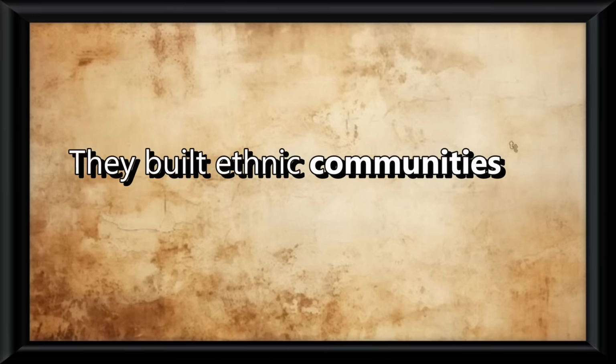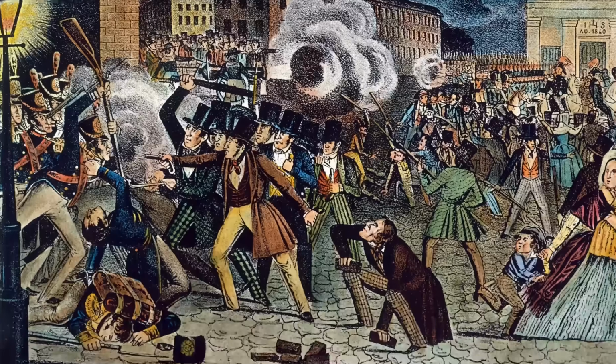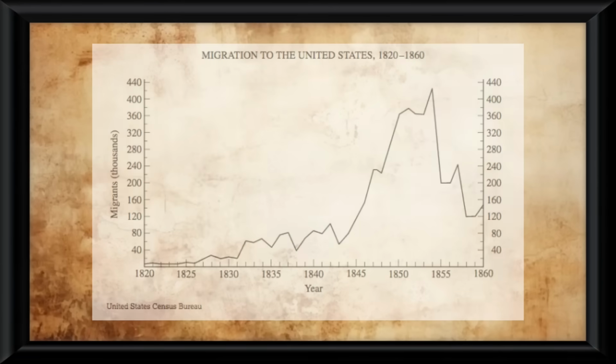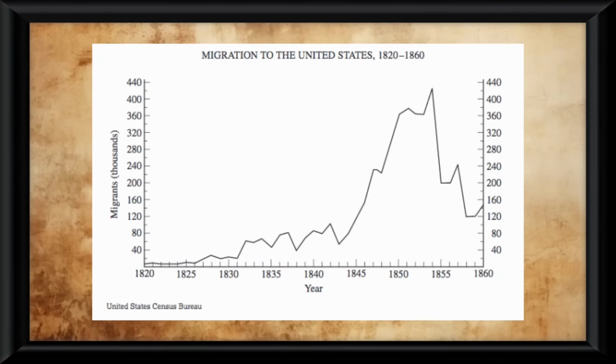They built ethnic communities to preserve their language and culture, but not everybody welcomed them. But what you should understand is truly how many immigrants came into the US. I mean, look at this graph and its spike there. Need I even say more? Alright, enough about migration, let's look at some abolitionists.